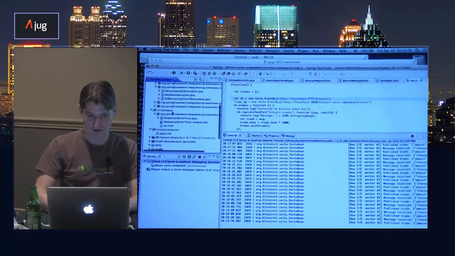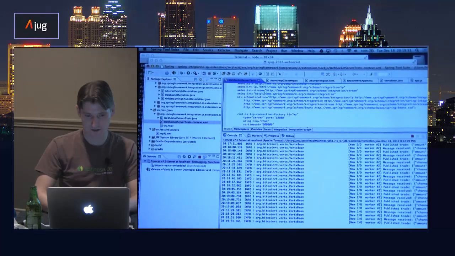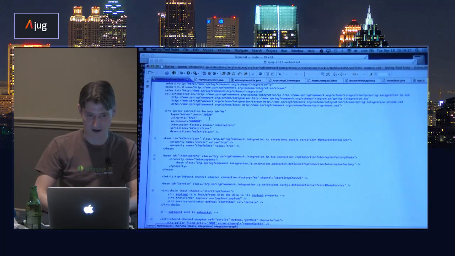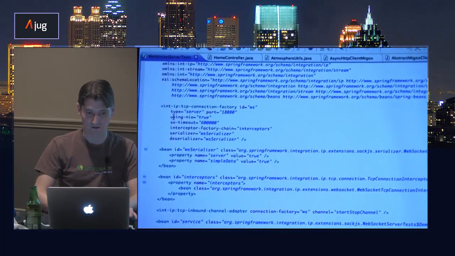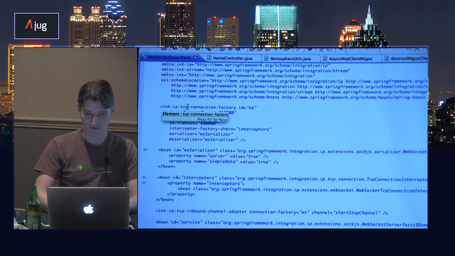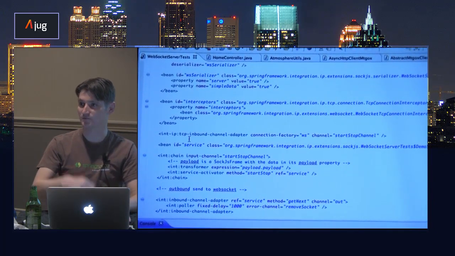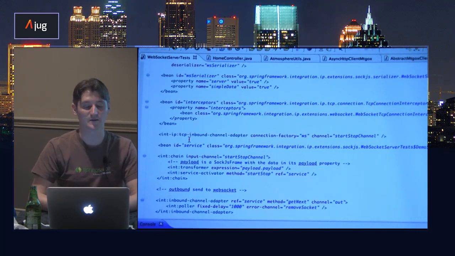We have the IP extensions. The way it works is I have my context file, and I have my TCP connection factory, and then my inbound channel adapter, concepts within our Spring Integration world.